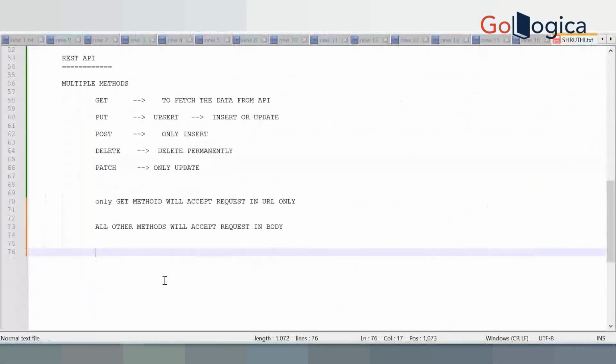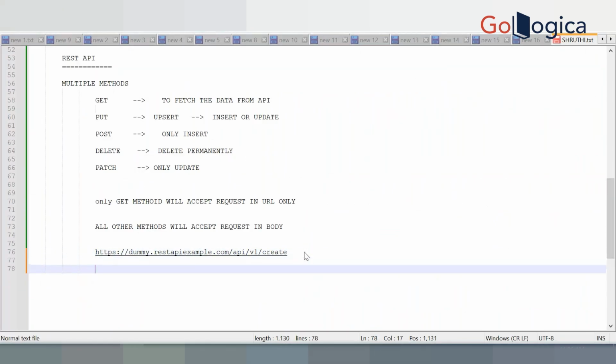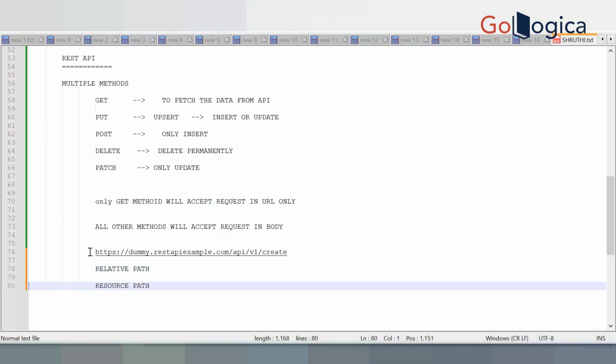I need to show one more thing. This REST API URL has two types: a relative path and a resource path.